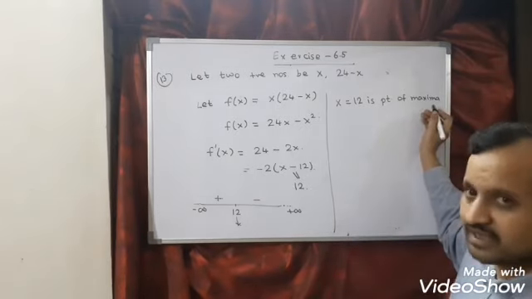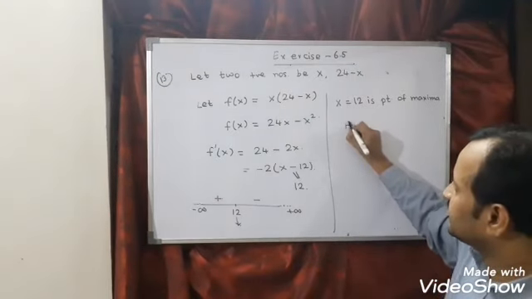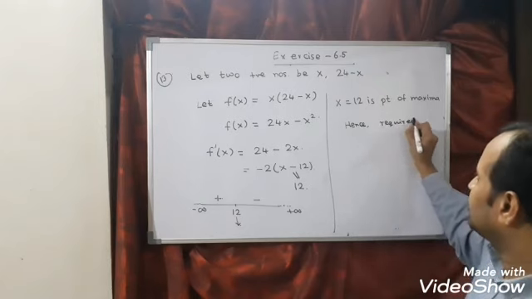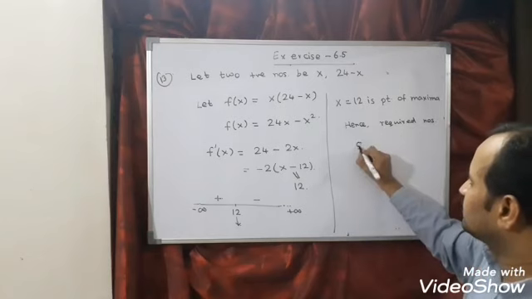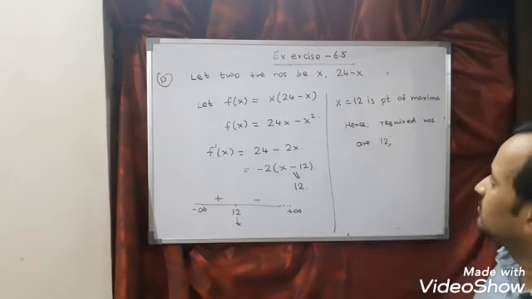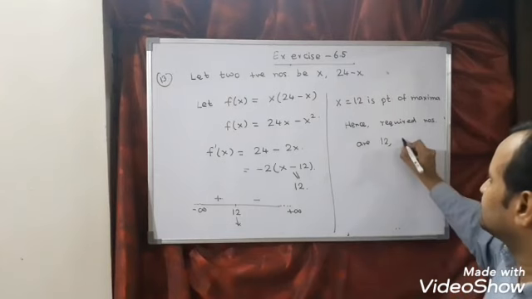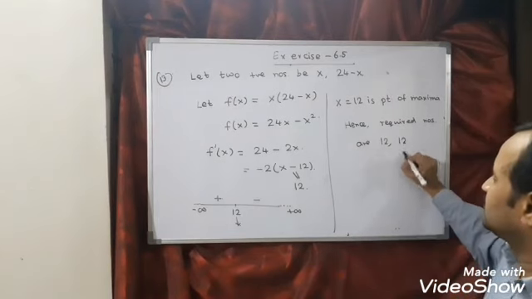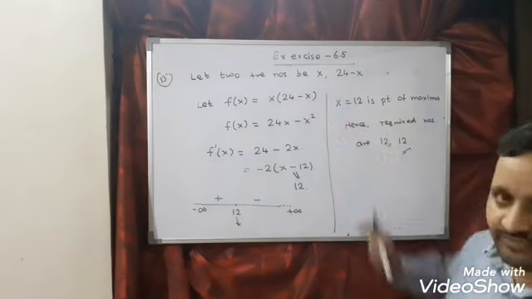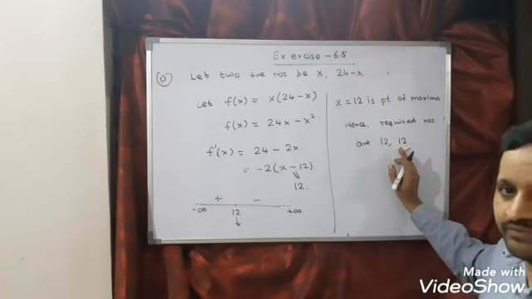Right? Question is what? So if this is maxima, what are the two values? So x is 12. So here I can say hence the required numbers are, one value is 12. Yes or no? Other value 24 minus 12, so the other number is also equal to 12. So you can see here, when you take the sum it will be 24, and when you take the product, it will be 144.